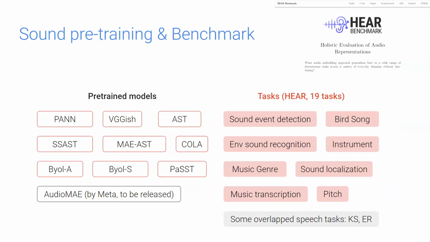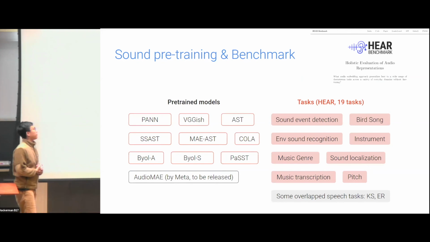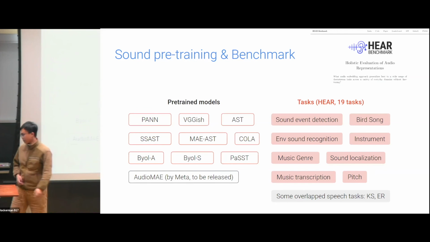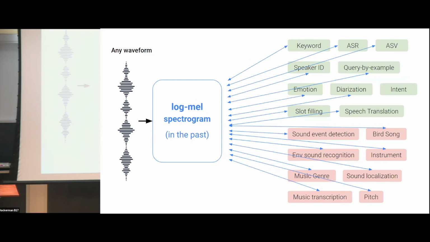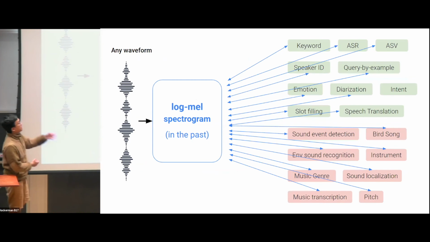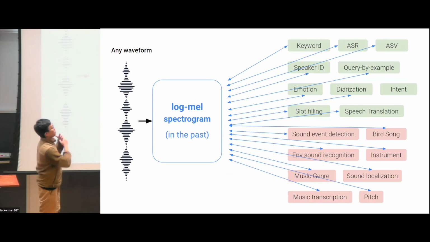There's the HEAR benchmark that defines 19 tasks for sound event detection, recognition, music genre classification, music transcription, and there are also sound pre-trained models like the SSAST from MIT, BYOL-A from NTT, and the COLA from Google. So the question is, in the past, we have people working on speech and people working on sound,